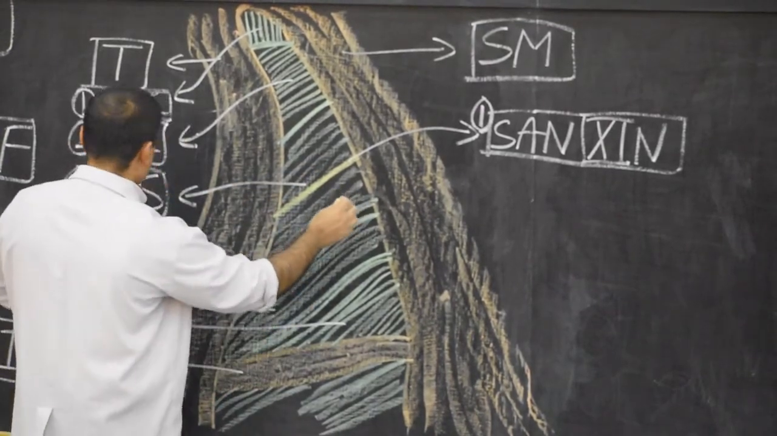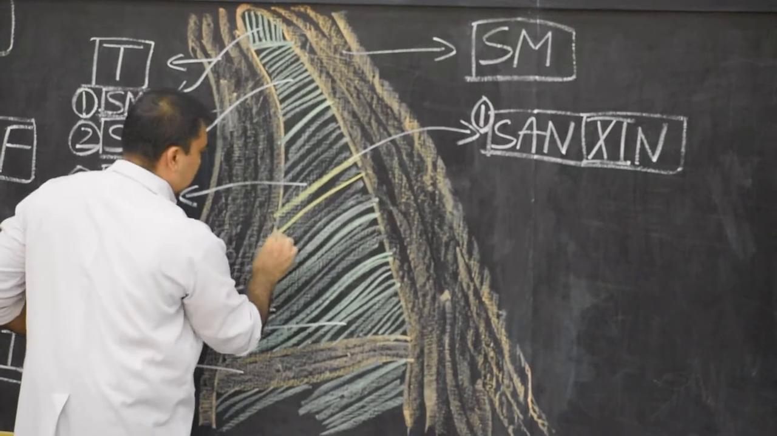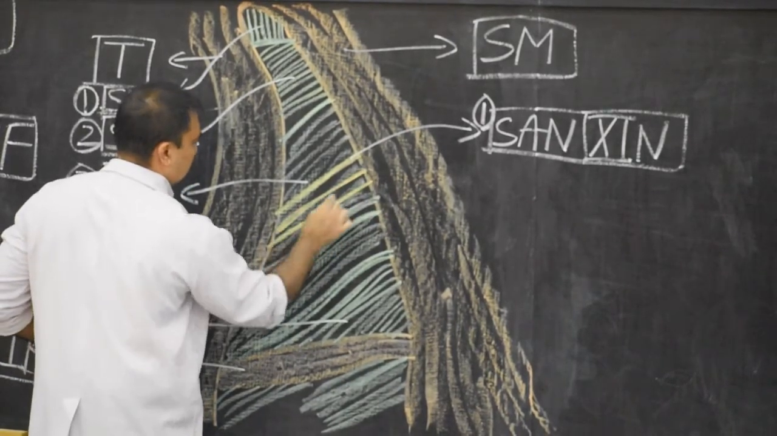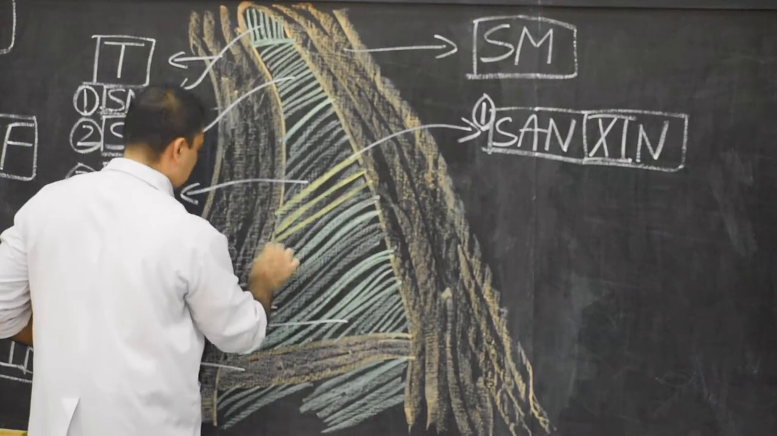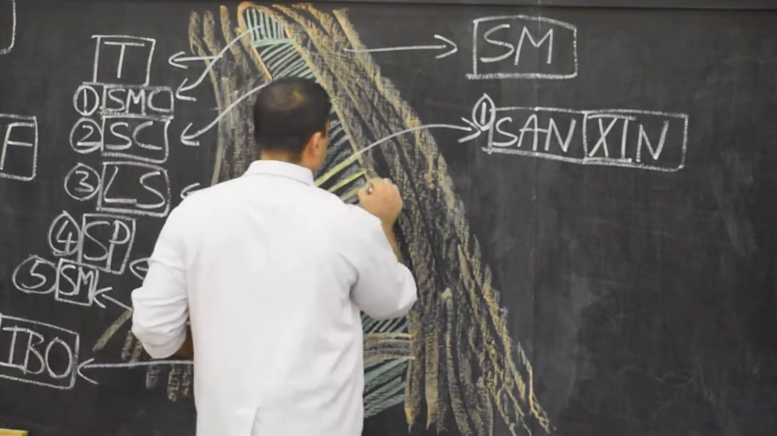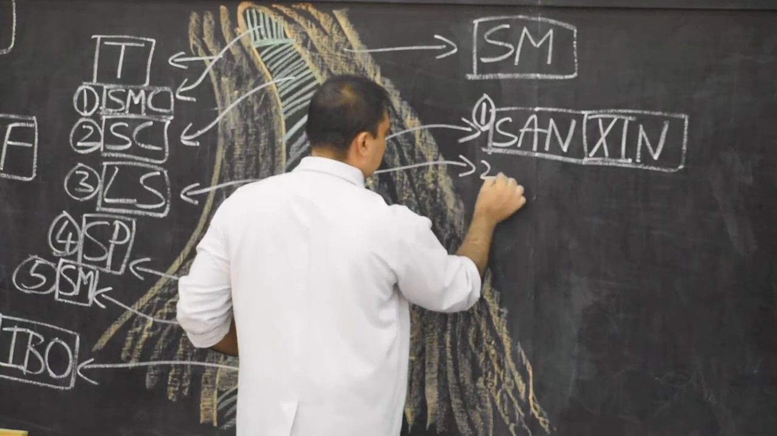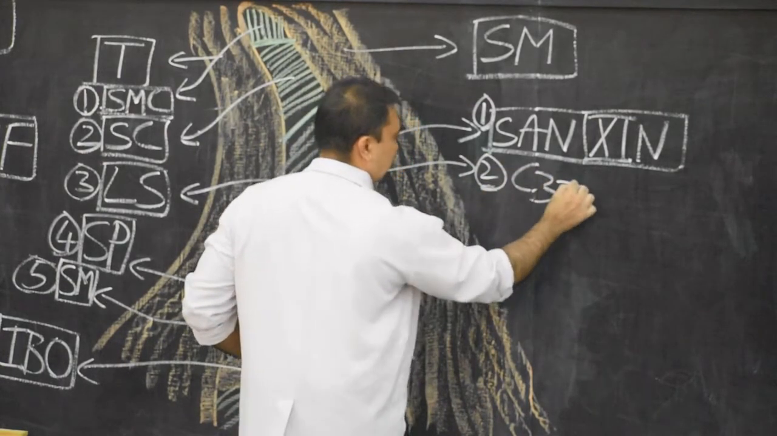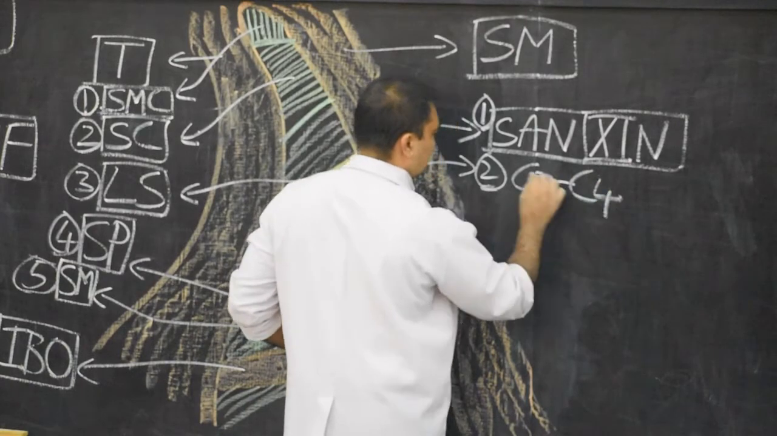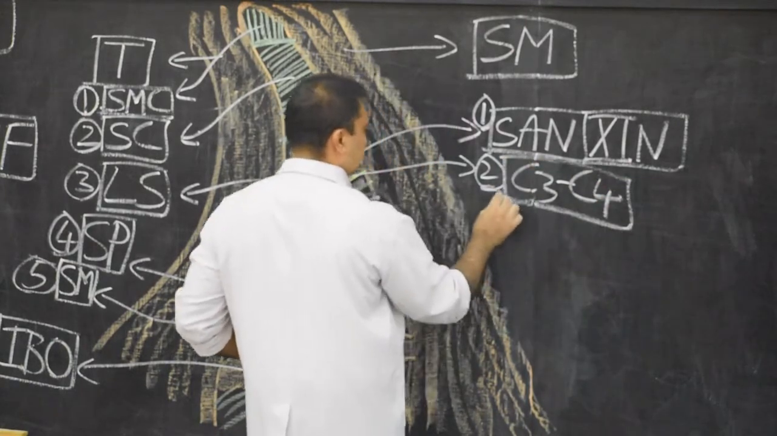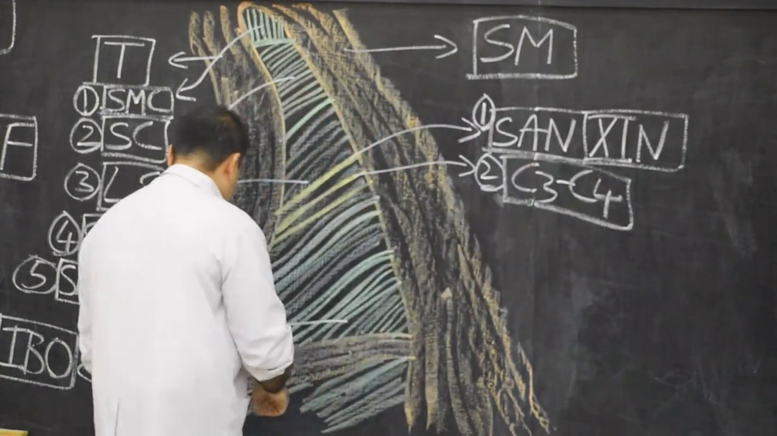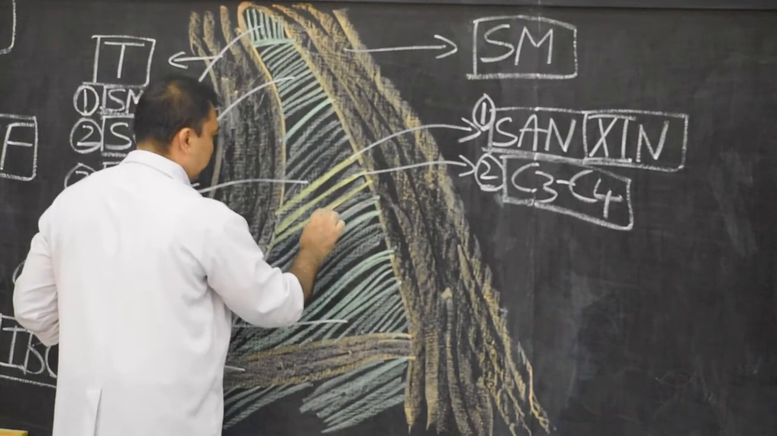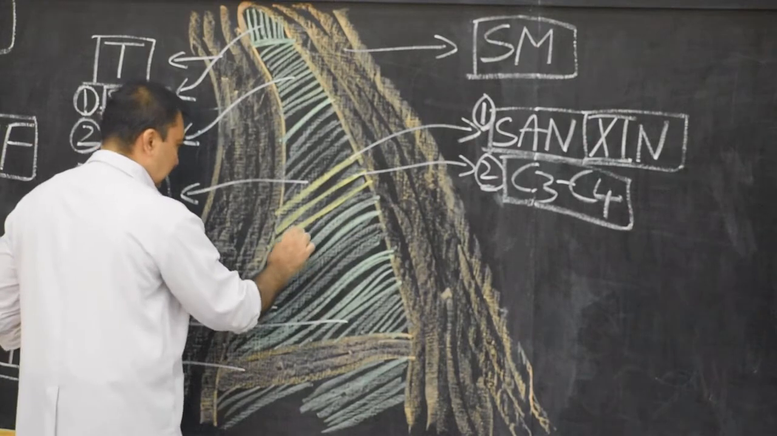So here I'll draw 1 and 2. Please draw in this direction. This is 1 and this is 2. So therefore here we will mention number 2, that is branches of C3 and C4. So these are the branches of C3 and C4, and these nerves will pass just parallel to the spinal part